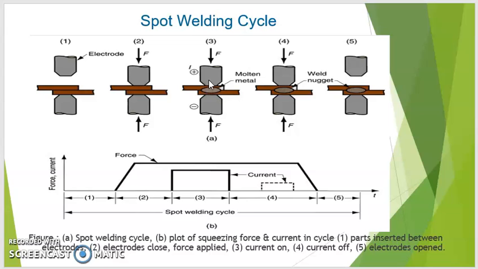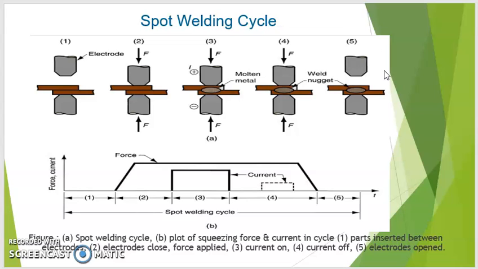and after some time, to make it stabilize and grow further, the current is switched off. However, the pressure is still applied. So the weld nugget starts, forms, grows, and finally it is developed. Current is switched off, whereas the pressure is still applied for the time being, and finally the pressure and the electrodes are withdrawn, which obviously withdraws the pressure also.